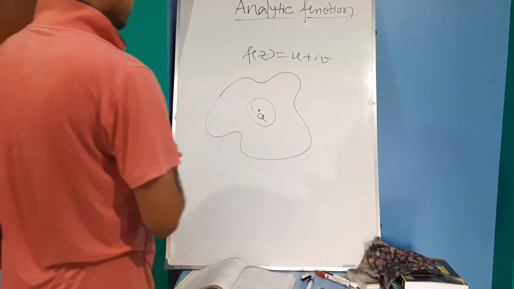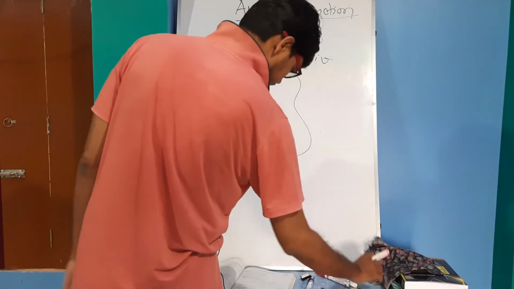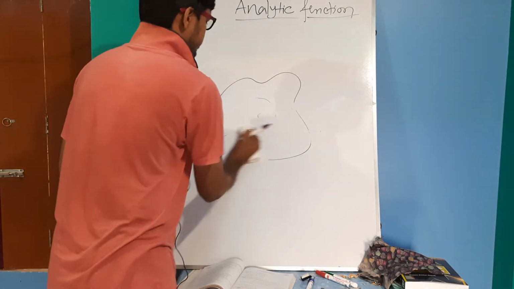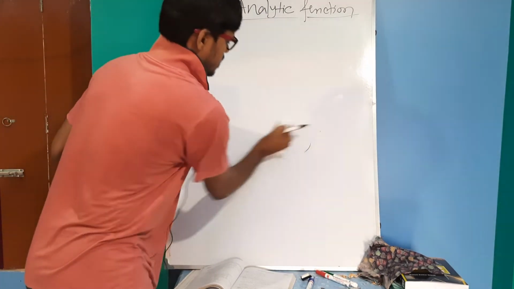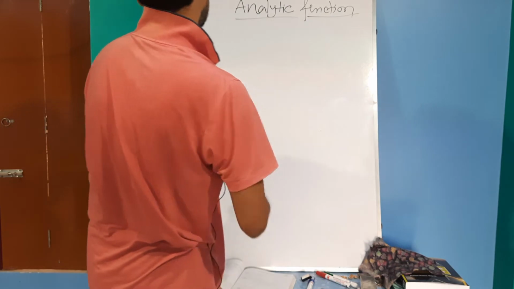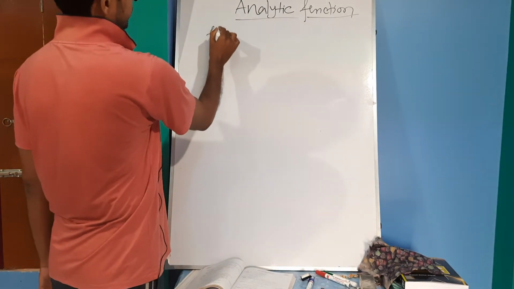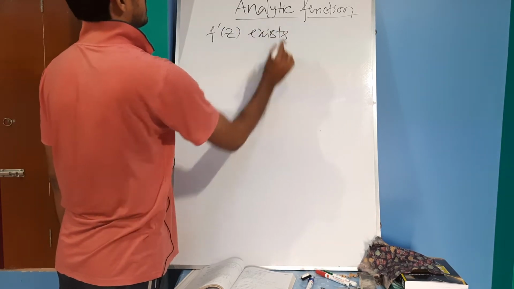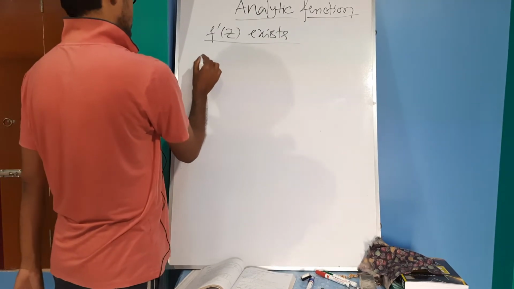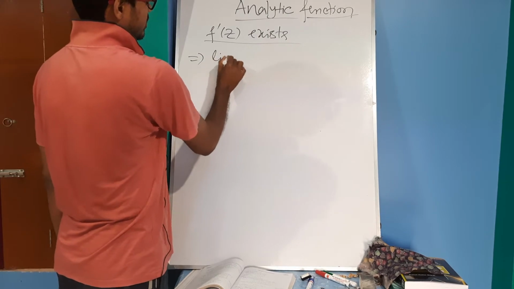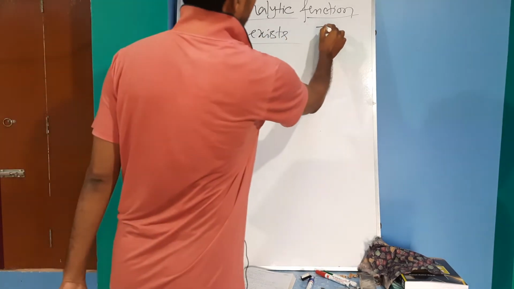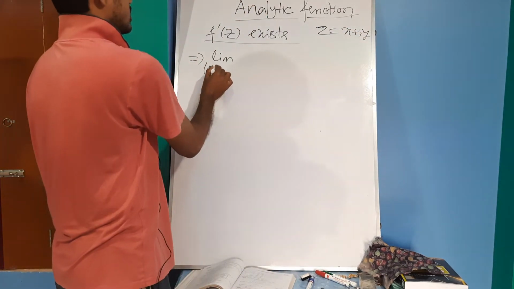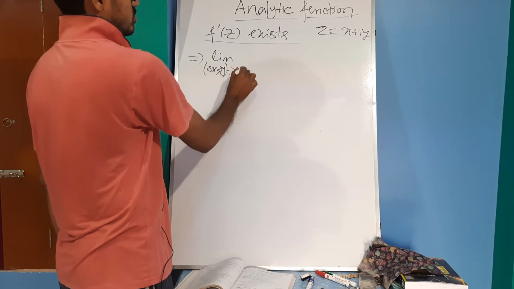Now what does it mean? So let's start to find out something which is related to analytic function. Suppose f dash z exists. Now it implies that the limit, z equal to x plus iy, so we can write here del x comma del y tends to 0 comma 0,